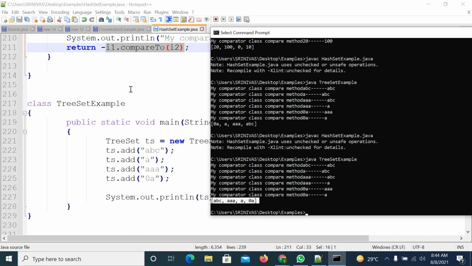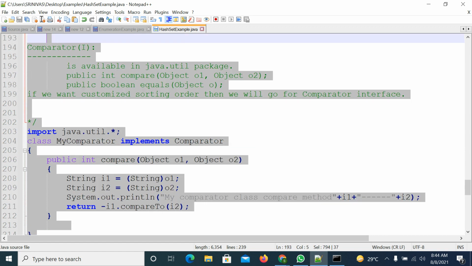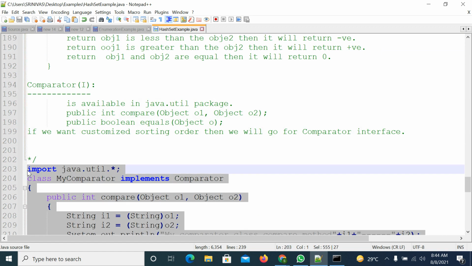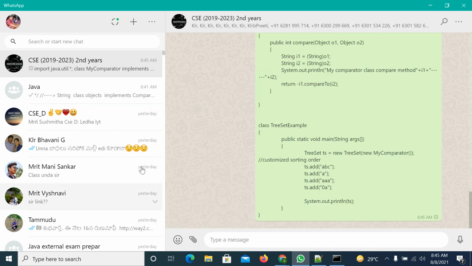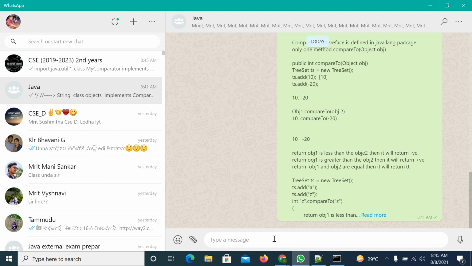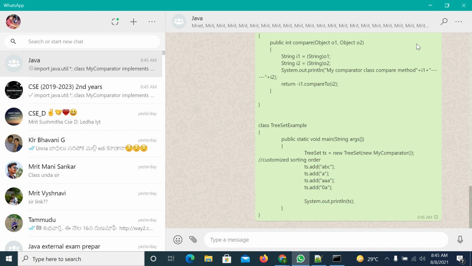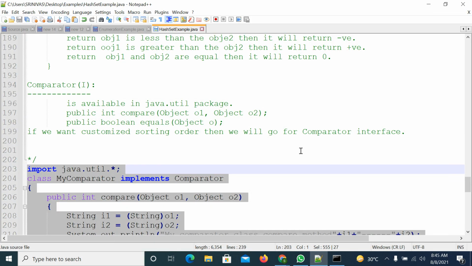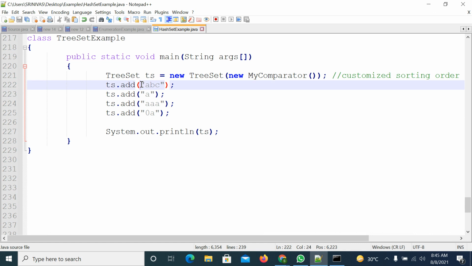Now what will we do? We will try with the string buffer type. Better you can take this one also. For practicing purposes it will be useful, if you are really practicing. So we'll try with the string buffer object now. Instead of passing string here, I will pass string buffer.